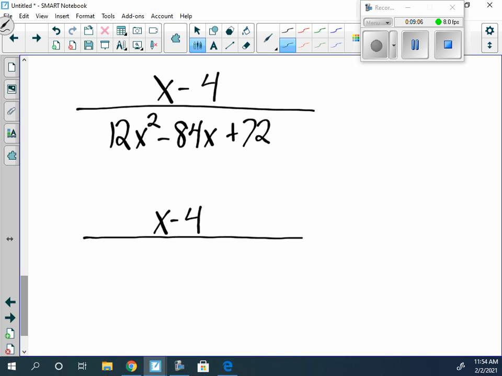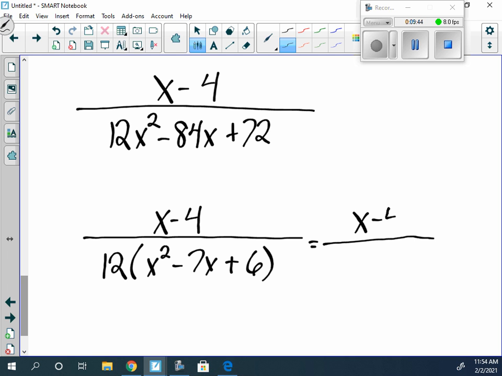Now, this would be really convenient if 12, 84, and 72 were all divisible by 12. I mean, what's 7 times 12? What's 6 times 12? So they're all divisible by 12, and if I factor it out, I get this here. Now, I'm not going to labor y'all with actually how this factors, because this does factor